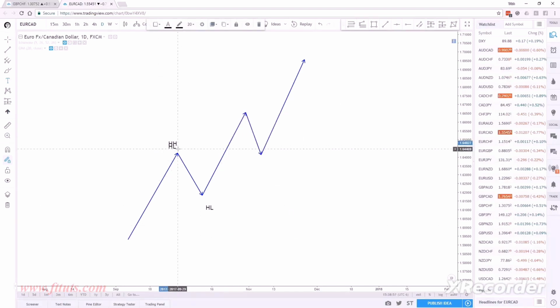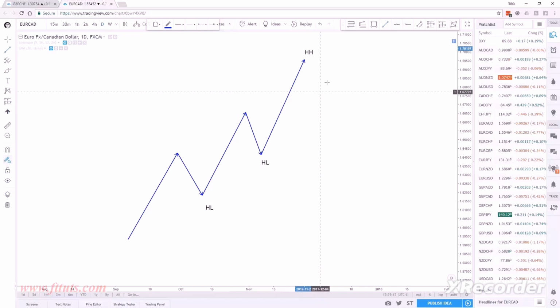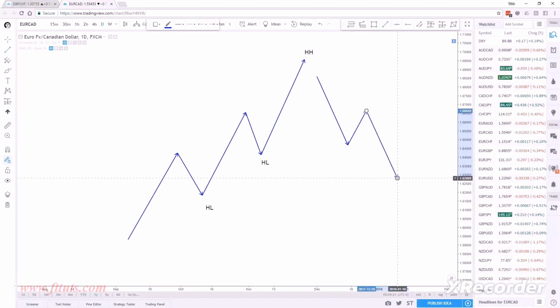This higher high has to be higher than the previous. This higher high has to be higher than the previous. And that's how we get our basic market structure. I know it sounds very simple, but so many people forget just this most basic tenet of market structure. If we're looking at a downtrend, we have lower lows and lower highs. Lower low, lower high,